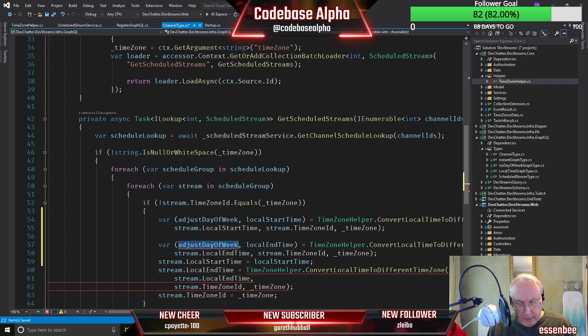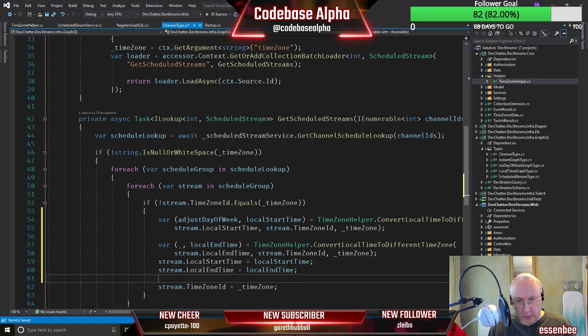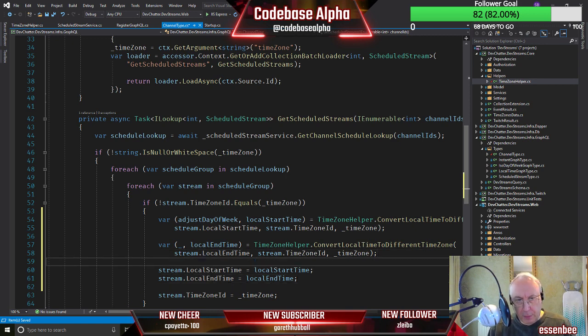We don't need the first element, so we can throw this away in this case, and instead of all that, this is going to be a local end time. Okay, so now we've got our information back here about the start and end time.